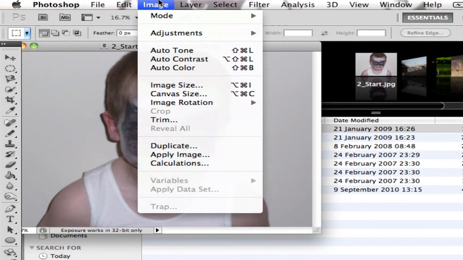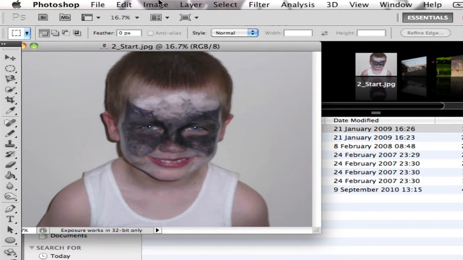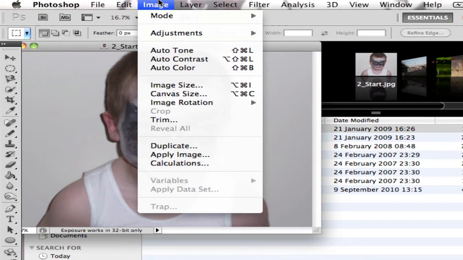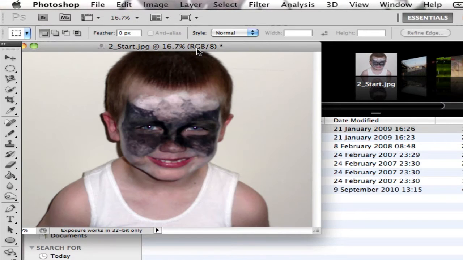And we're going to concentrate on the image menu now. And in image, Photoshop has got a few auto tools to automatically try and correct levels. Auto colour, auto contrast, and auto tone. And if you have a look at auto tone, that will straight away try and correct the image, sort the